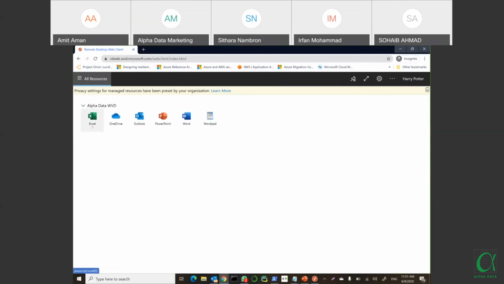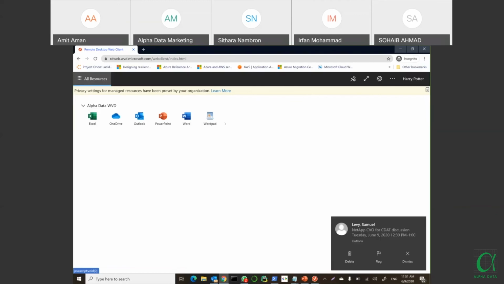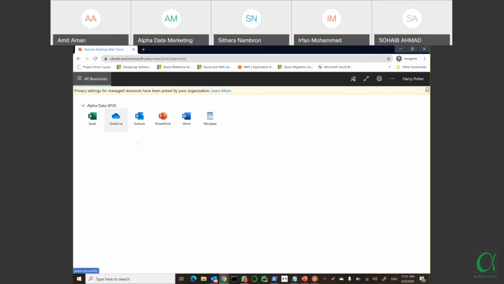Now you can see that he has been added in the application group, and we can add him simultaneously to both the app group and the desktop group. Irfan will write the command for doing the same in the chat box, and this is how we can add or remove users, and based on that we can do the management.